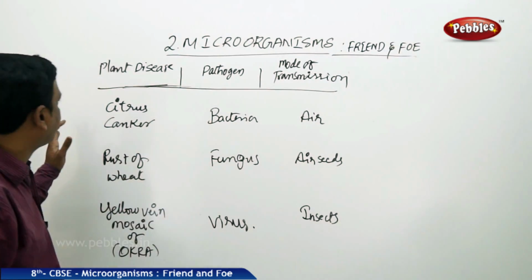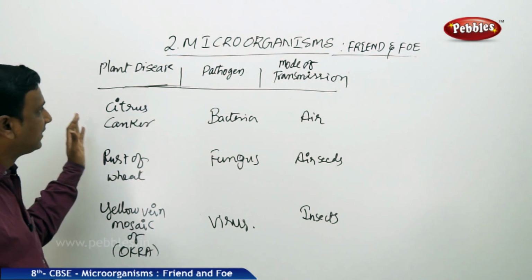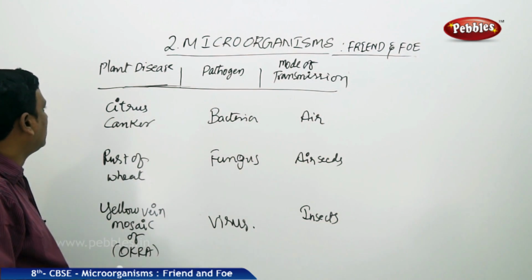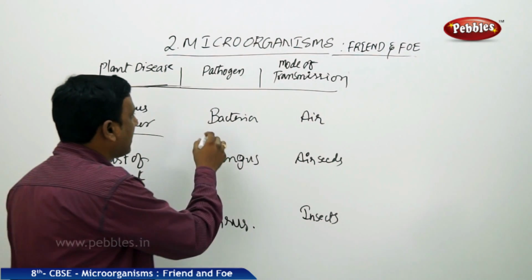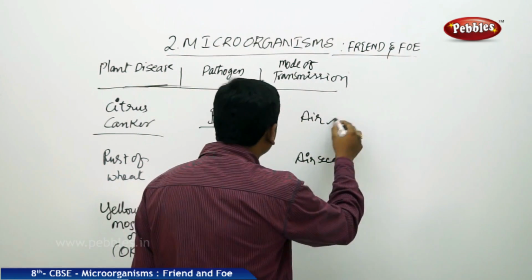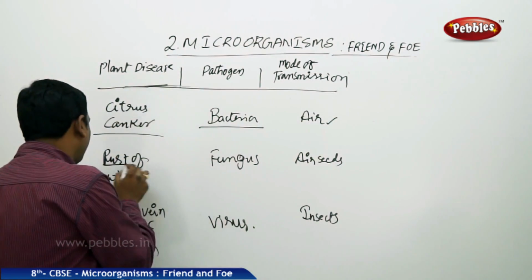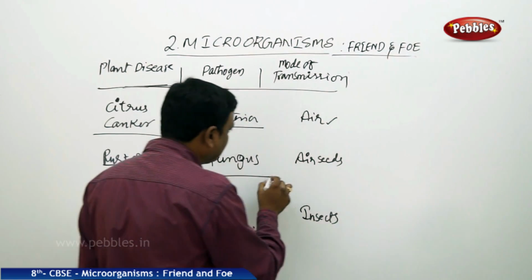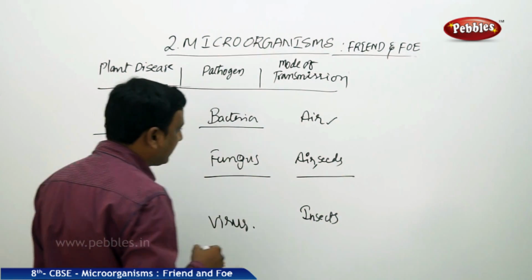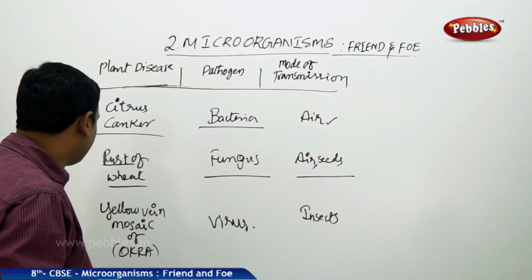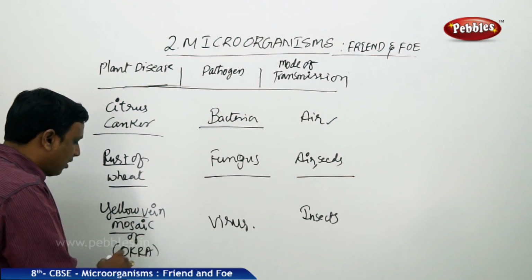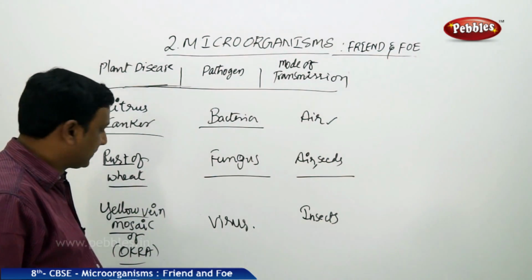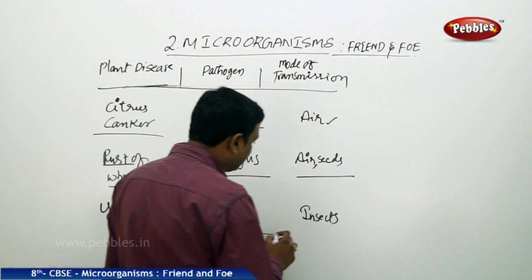So now let us see certain plant diseases and the pathogen and mode of transmission. Here, citrus canker is a disease. It is caused by bacteria and the mode of transmission is air. And rust of wheat disease is caused by fungus, and here the transmission is either by air or by contaminated seeds. And the other one, yellow vein mosaic of okra, bhindi, is caused by virus and